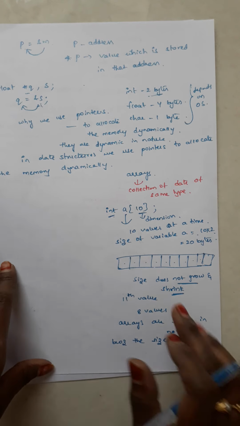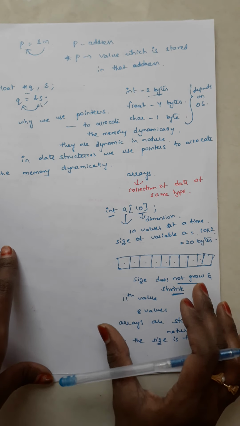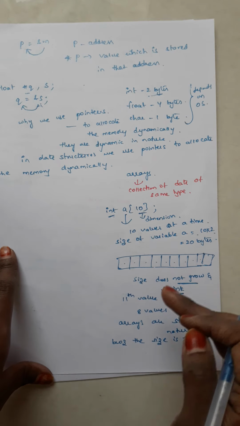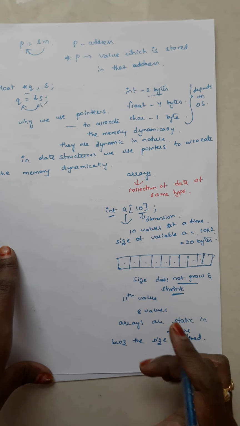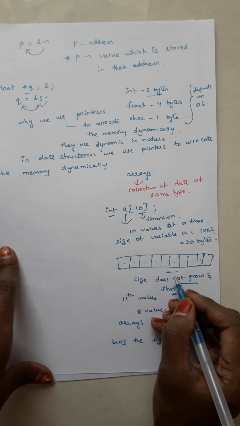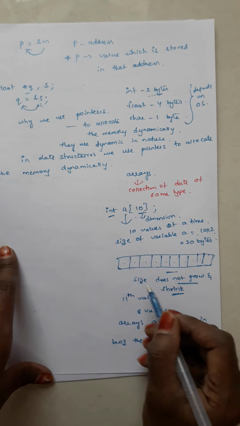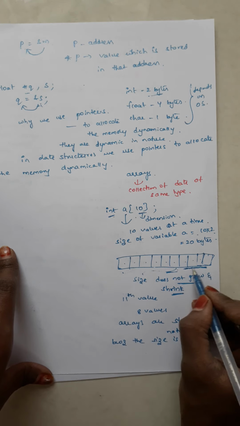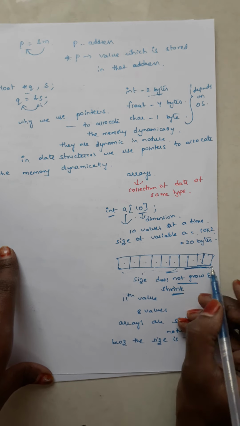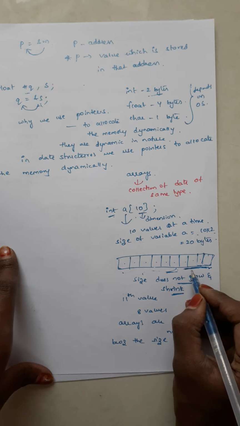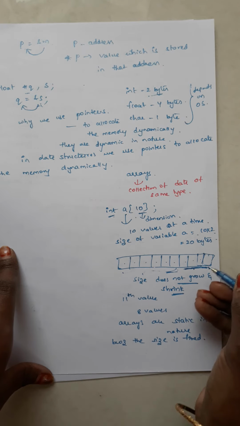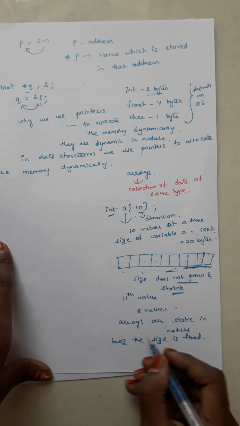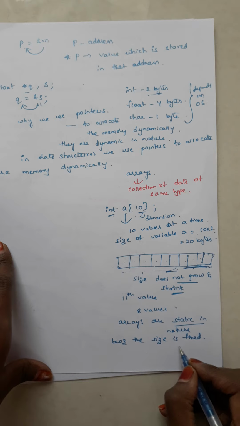So dynamically we cannot allocate the memory. While executing the program, if we want to assign any extra value to this array, it does not accept it. If the size is 10 and we use only 5 values, the memory allocated stays the same; it does not shrink and is not released. So arrays are static in nature.